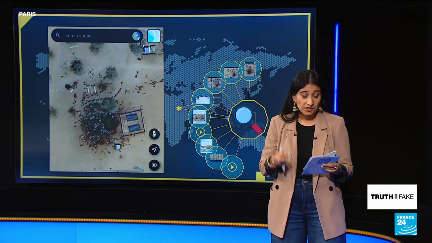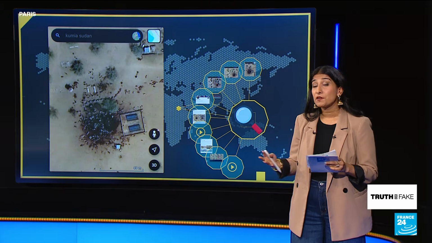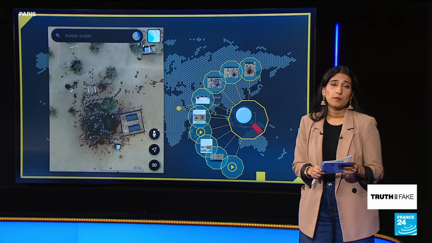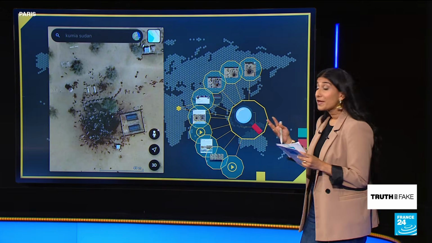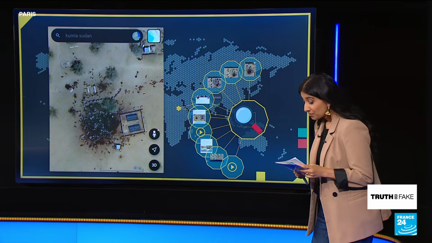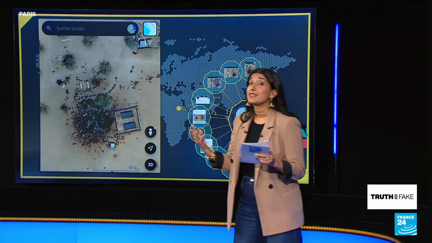Well, actually, Jean Emile, it is an authentic image of Sudan. There's no AI or manipulation involved in this one. It is also located in the town of Kumio, which is about 300 kilometers from El-Fasher. So the location is verified. However, it is the date that is causing the issue here, and it's actually the date that shows us that this has no connection with recent events in Sudan.